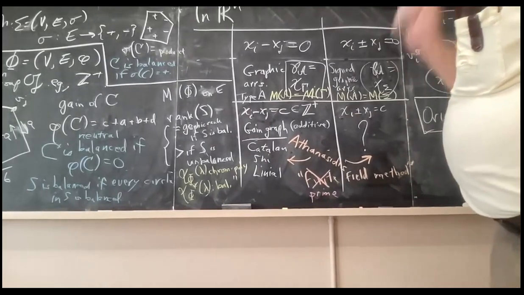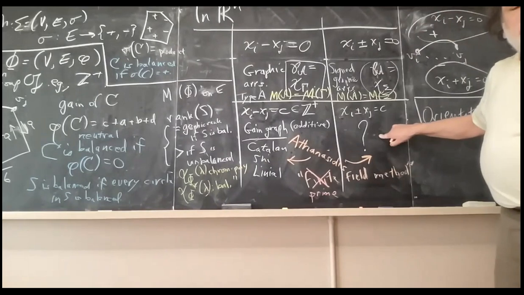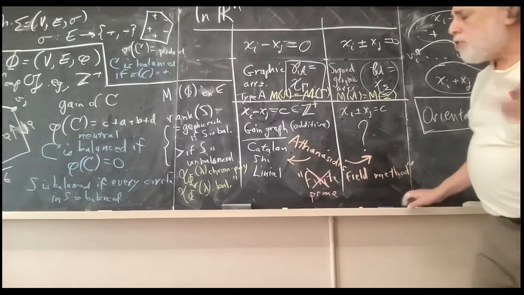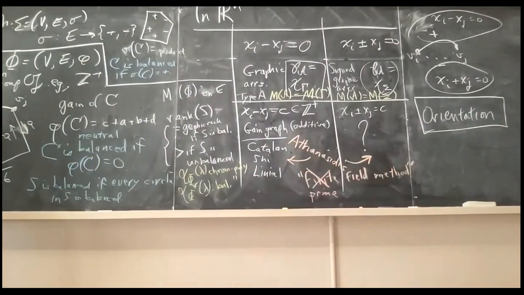So let's erase all this, and then we're going to solve this problem by showing how to put gains on an orientation, on an orientable sign graph. All sign graphs are orientable, so it will be every sign graph. Let's see, I think I will just erase all this, and now we're going to start from scratch more or